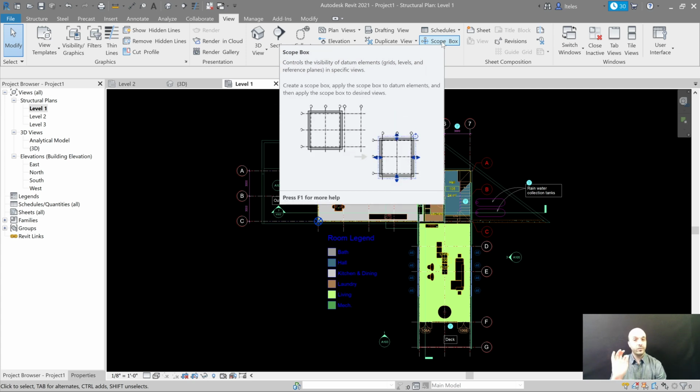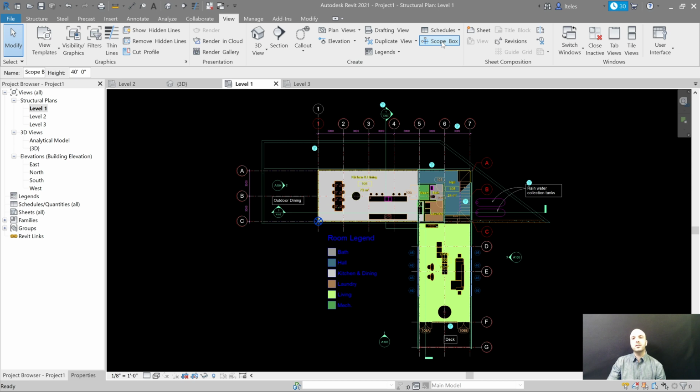If you just hover over it and wait for the description that comes up, it says this scope box controls the visibility of datum elements in specific views. Create a scope box, apply it to datums, and then apply the scope box to desired views. We're going to get to the desired views a little later. Right now we're just doing the good old-fashioned hard work of building something. So click on scope box,